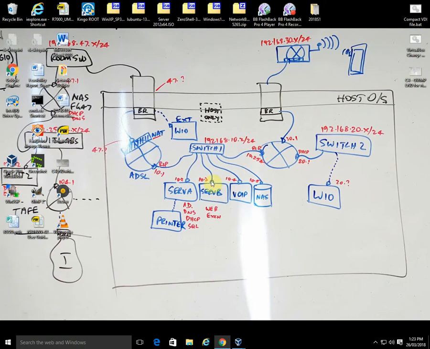And 10.3, the server B, receives the request for a web page and then says, okay, I've got a request from 20.100, because that's what the DHCP range starts at, 100. So 20.100 has requested a web page. It's just received the request. It's going to respond back with the actual web page,